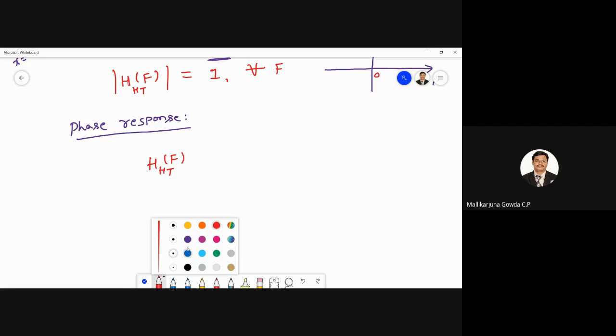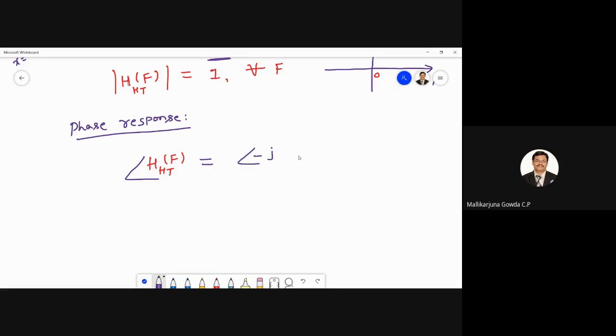I will be denoting that angle, I will use a different color. So this is my angle, right? I will be representing it like this. So which is equal to what? The angle of minus J sin m of F. Minus J sin m of F. Okay. So which is equal to, anyone can guess what I can write? You people should respond.